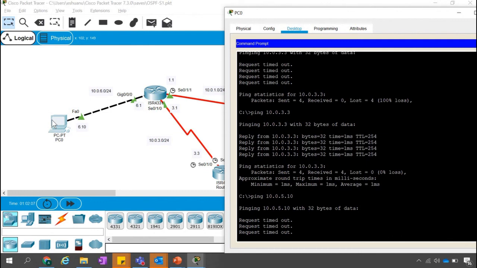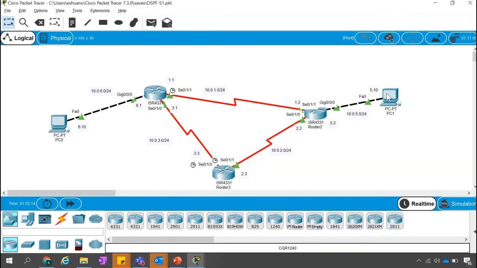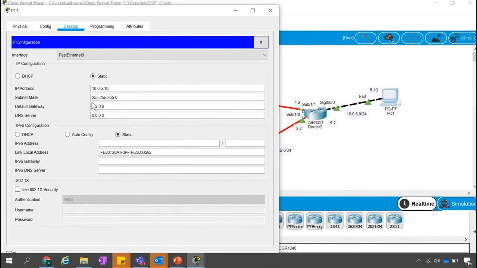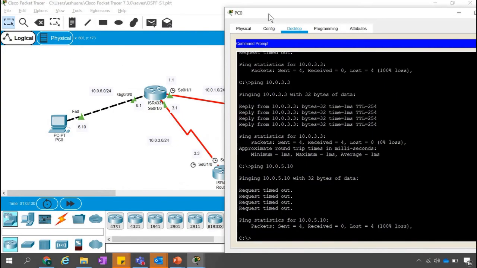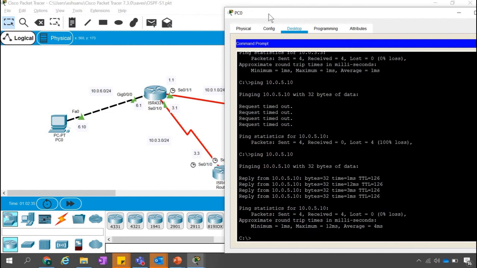And I think you are lucky enough to get the troubleshooting. Yes, we are not getting the reply because we have not set the default gateway on this router. I just got it. So we should set the default gateway towards this interface 5.2, 10.0.5.2. Let's ping now from this one and we get it. You see? So that's how we do the troubleshooting, because I just got in mind